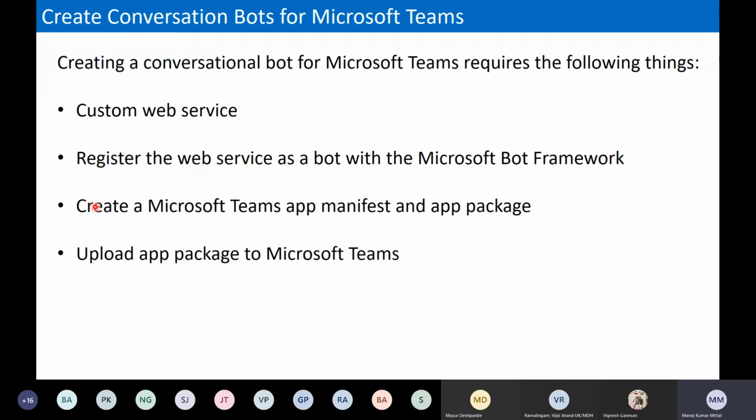Second, we have the Microsoft Teams app manifest file. Once we get a solution, there we have an app manifest file. The app manifest file basically defines the scopes and which web services I'm going to interact with. Those types of information exist in the app manifest file, and we need to deploy it in Microsoft Teams to make our bot work. And we have app packages. An app package is nothing but an entire solution package which comes in a zip folder, and we can just deploy it into Teams and start using that particular bot in any of the contexts.